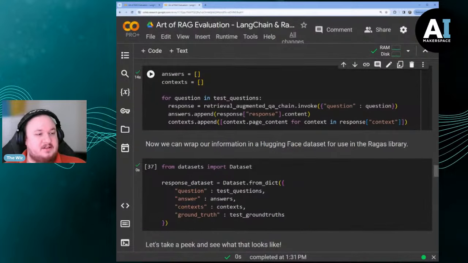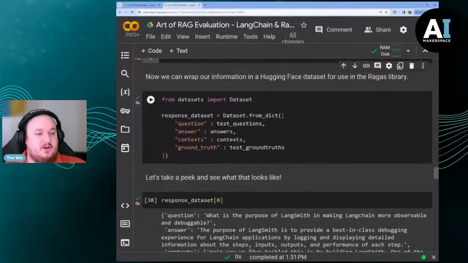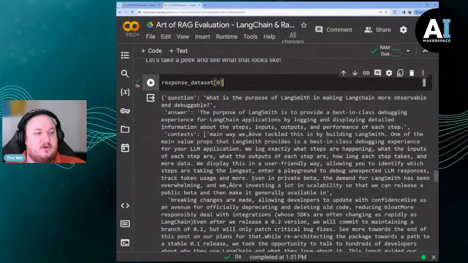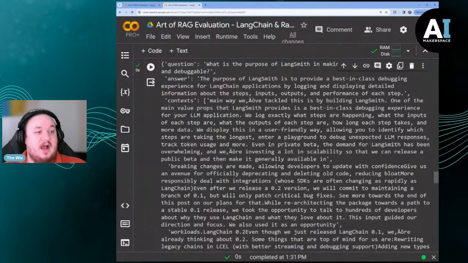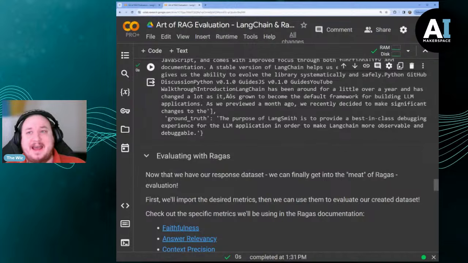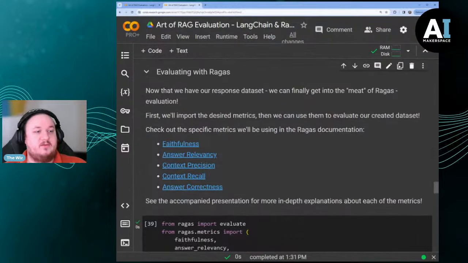We're going to ask those questions to our RAG pipeline, and we're going to collect the answers, and we're going to collect the contexts, and then we're going to create a Hugging Face data set from those collected responses, along with those test questions and our test ground truths. We can see that each of the rows in our data set has a question with our RAG pipeline's answer, our RAG pipeline's contexts, as well as the ground truth for that response. Now that we have this data set, we're good to go,